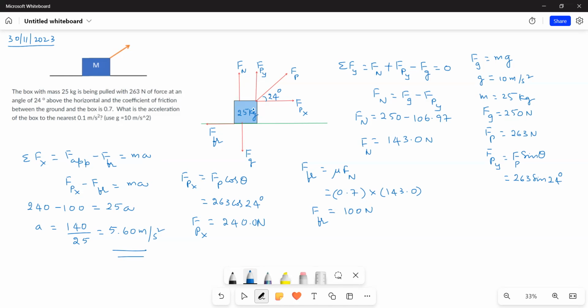Here the applied force is the x component of the pull. So Fpx minus F friction is equal to ma, and Fpx is equal to Fp cos theta, that is equal to 263 cos 24, which gives 240 newtons. Therefore, 240 newtons minus 100 newtons is equal to 25a. A is equal to 5.6 meters per second square is the